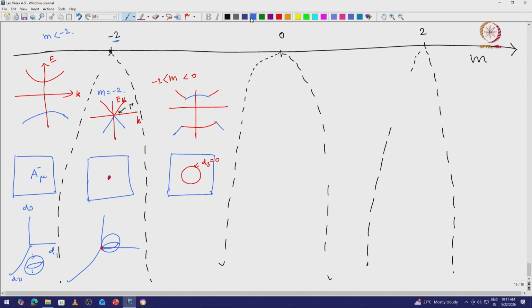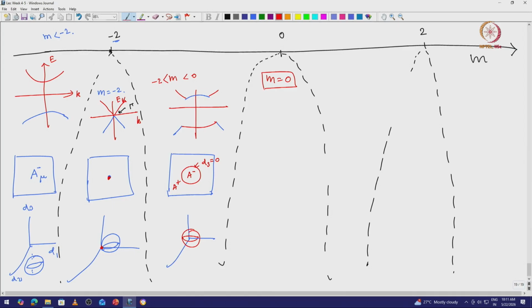And in this case you are wrapping about it in 2 dimensions. So again this will be a minus, this will be a plus. All right. So again when m equal to 0,